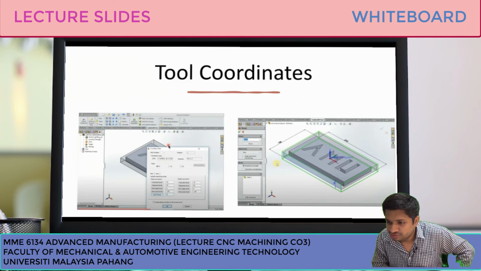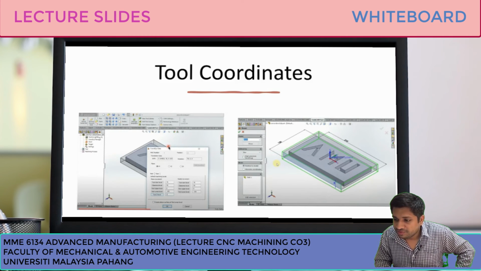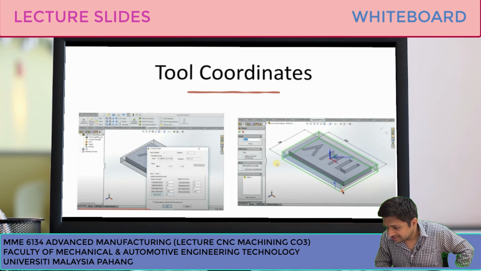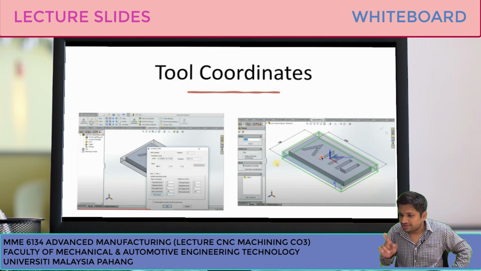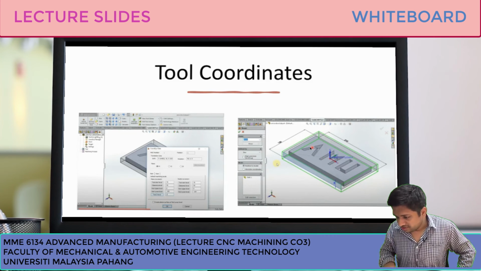Before creation of the tool path, we have to input the tools, what are the tools that we are going to use. Here in SolidCAM, we have got the tool data which is being entered. Then this person is putting the machining parts, what kind of surface are required to be machined. So we have to machine the outer periphery and the inside region. Our tools should be such that they can machine the outer region plus the inner region.